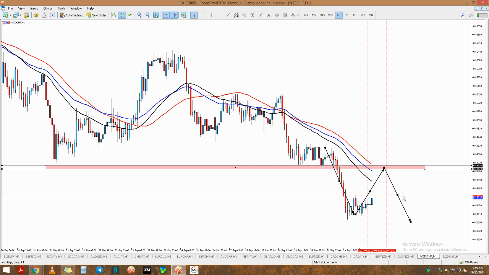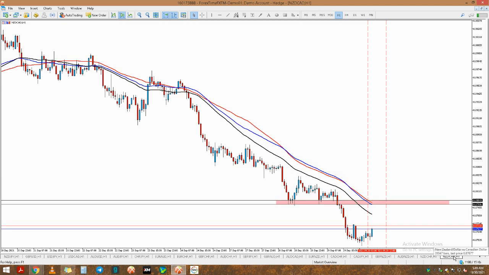So I'll also be watching NZD CHF. Next is NZD CAD. NZD CAD also looks like a potential trading opportunity. We'll be waiting for price to come all the way to that area. Then we look for a potential trading opportunity. So we have around 10